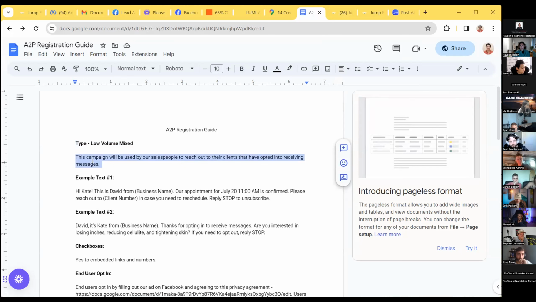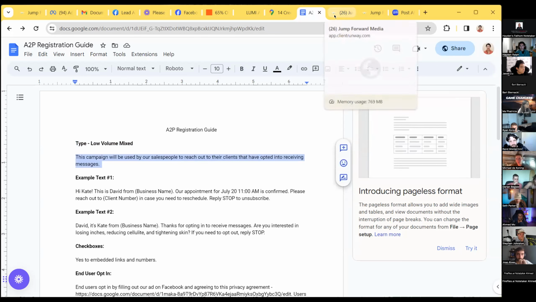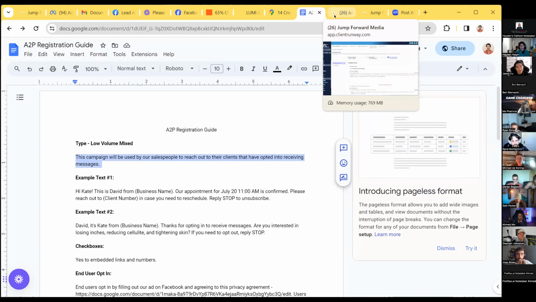Patty, there's two different messaging examples we do, right? We do one for our company, and then we have a different one for our clients. What she's showing is how we register for our company, but we'll also show you how to register for your clients. So we'll send you both of the messaging templates. Right now, this is how you do it for yourself if you're doing it through your own business page, but for your clients, the messaging is just going to look a little different.